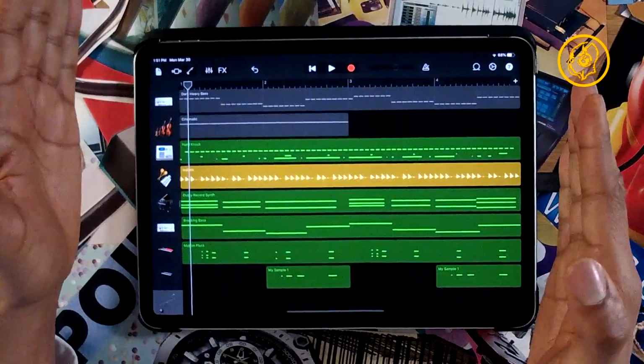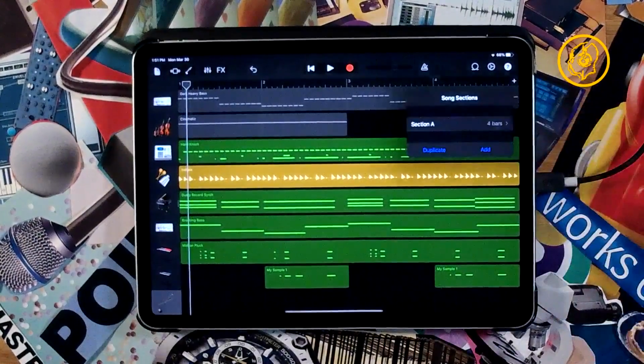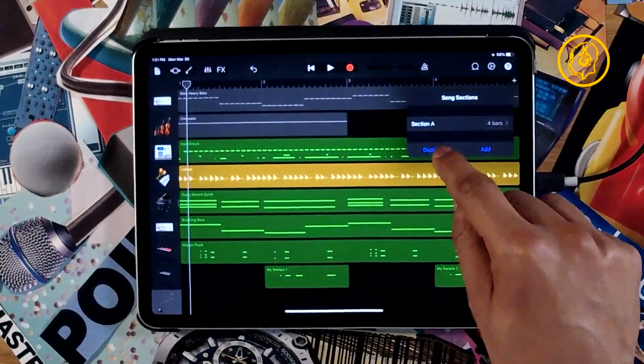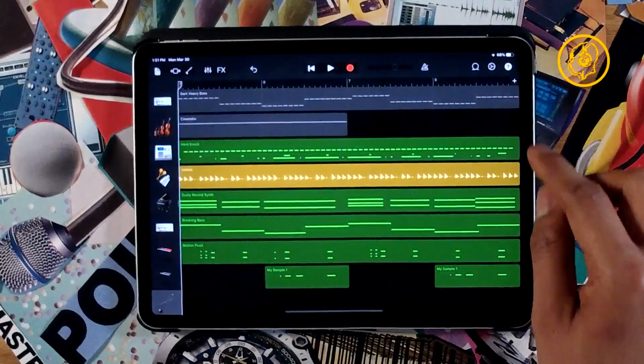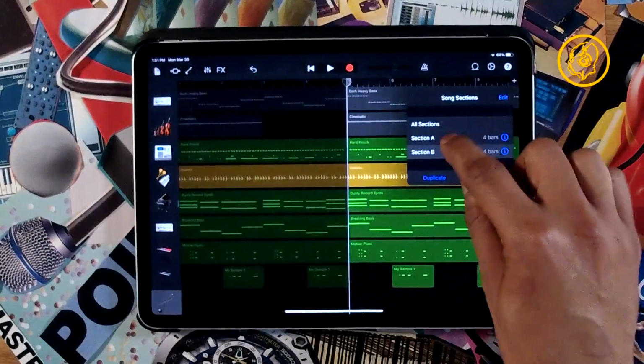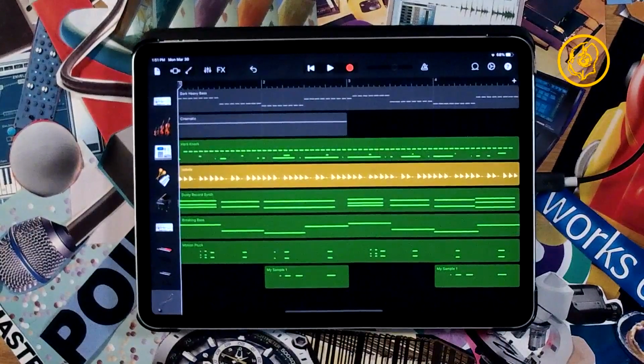We go back to our arrange page right here. We see all of these different things. Let's hit the plus sign, and we're gonna duplicate. Duplicate this section. Boom. Right? That's the second section. Let's go to the first section. What do we want to start this track off with? All right. We want to start this track off with,